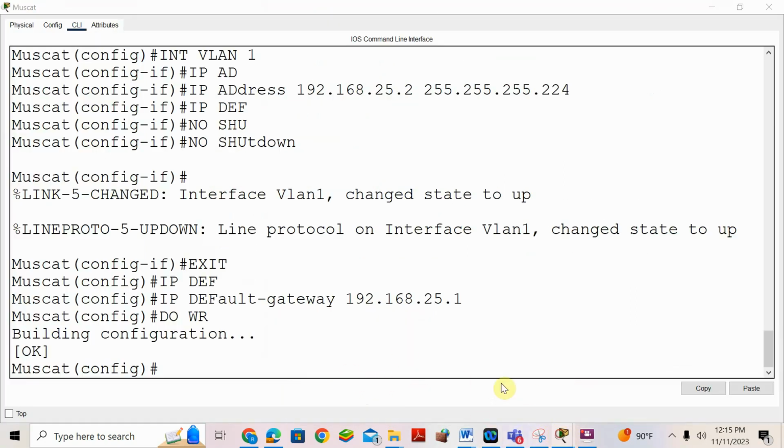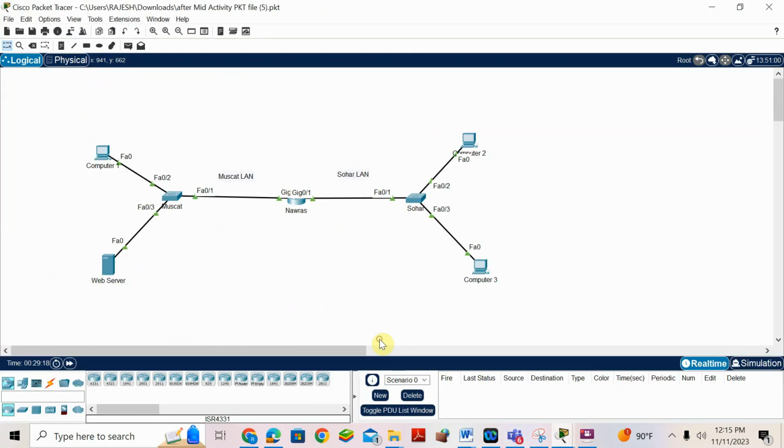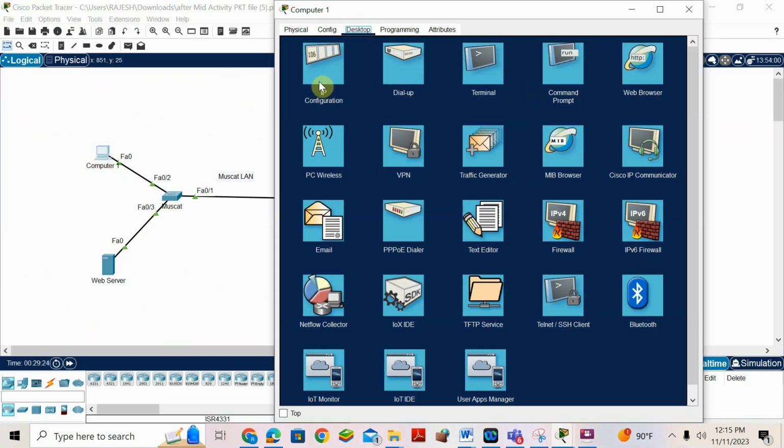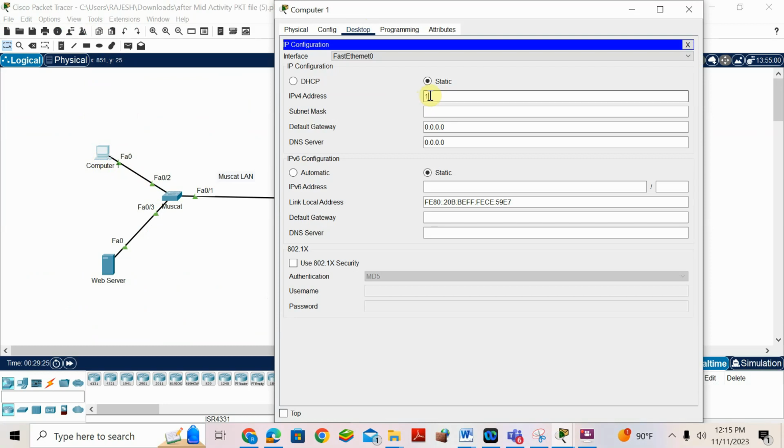Done that one. Now go to the computer here. That's the computer. This one. Go to computer one. The IP address is, I remember, the third one. So the third one is 192.168.25.3. Yes, first one there, second one there. This is 3. The mask is 224. The gateway is